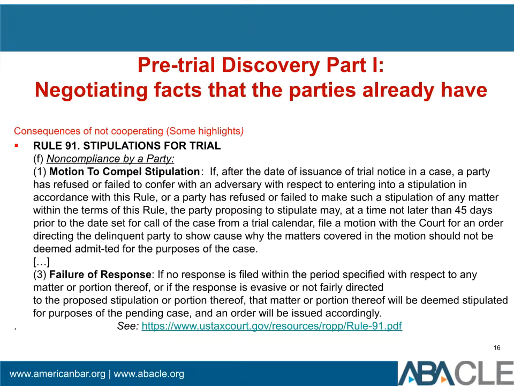And then turning finally to what happens if the parties are unable to reach agreement with stipulation. So we've talked about the discovery process and how that moves everything along towards the actual ability to make a stipulation, but parties aren't always going to agree that certain things should be stipulated to. And if that occurs, one party may end up filing a motion to compel a stipulation where they would ask the court to require the other party to either engage in discussion or provide a reason why they're unwilling to